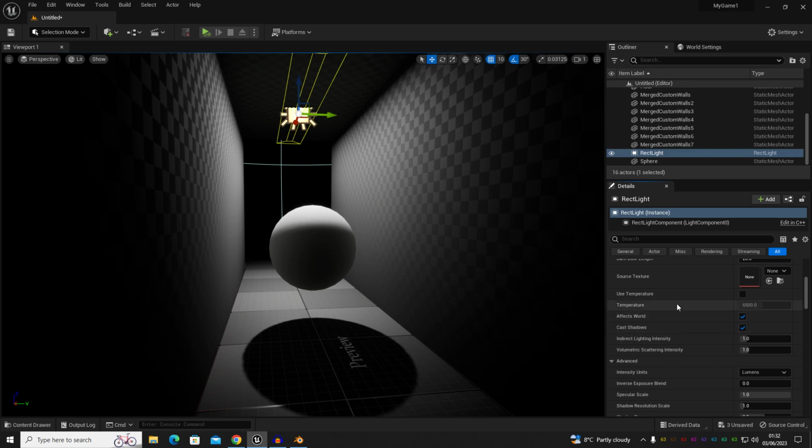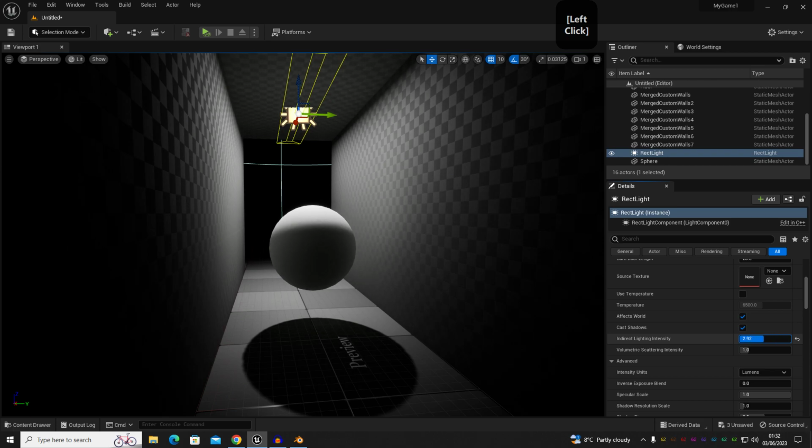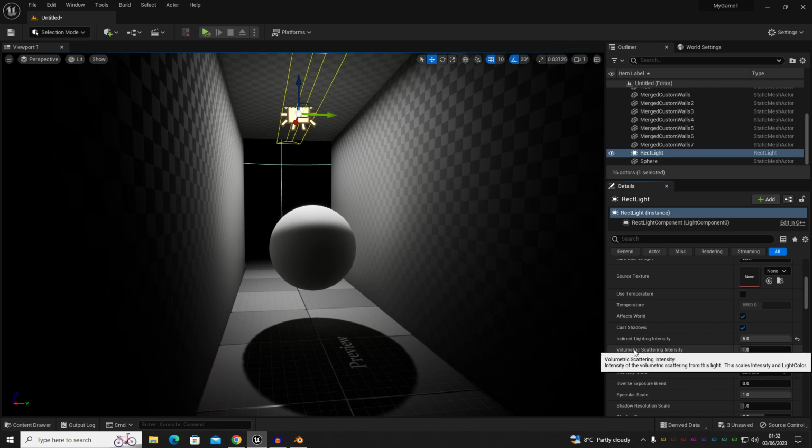Okay, so I went over this a little bit earlier, we know that indirect lighting is the amount of bounce light. So if we increase that, we can see that the light bouncing off the walls is increasing everywhere we look. We can see here we've got volumetric scattering intensity, so that's how much the light will interact with volumetric fog,